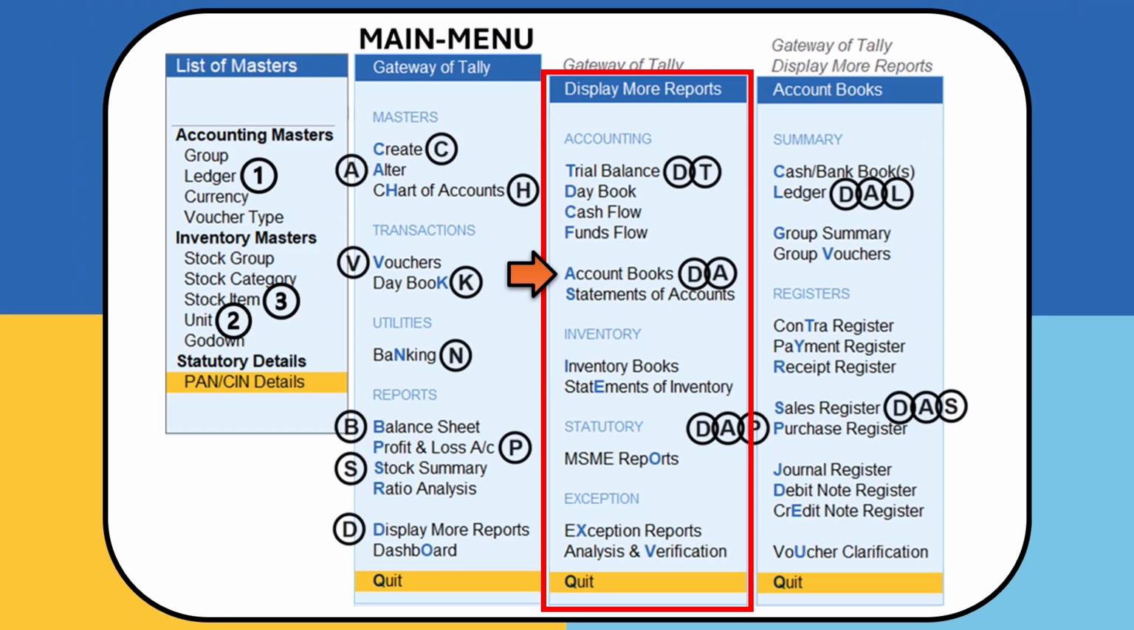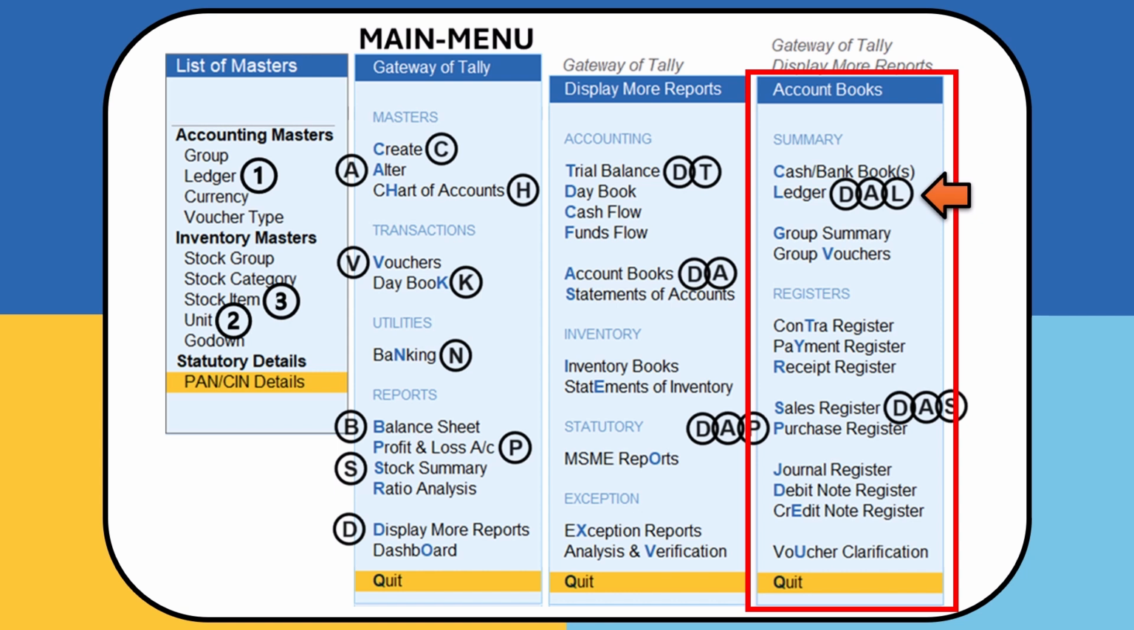The Display More Reports menu has a submenu called Account Books. In the Account Books menu, an important report is the ledger. The ledger is a record of transactions related to a particular account head, resulting in the closing balance. From this option, the ledger report for suppliers, customers, cash, bank accounts, and income and expenses can be accessed. For example, if we wish to view all the transactions pertaining to our supplier Lalu Milk Mart, we will use